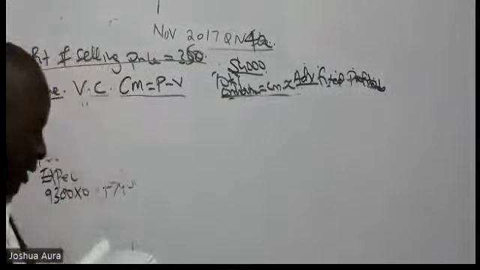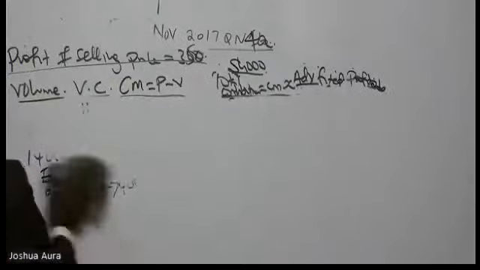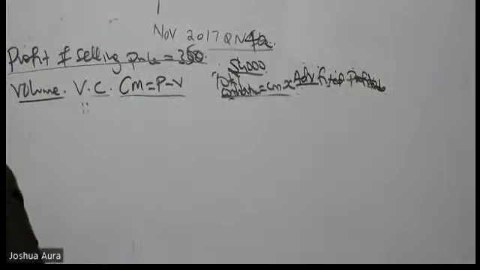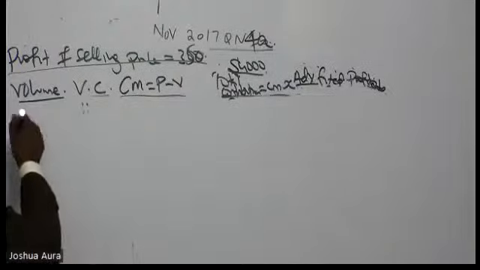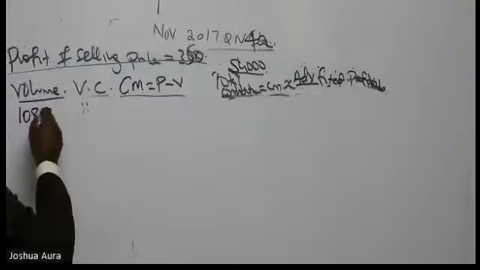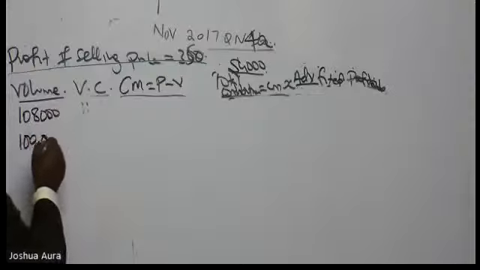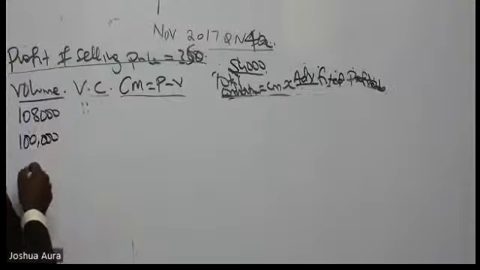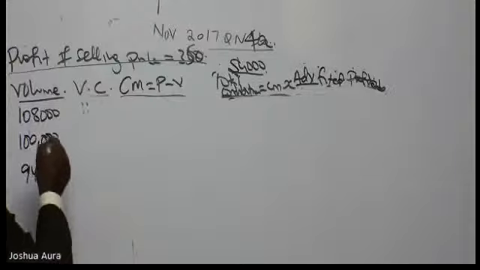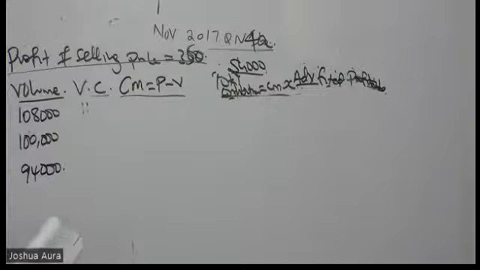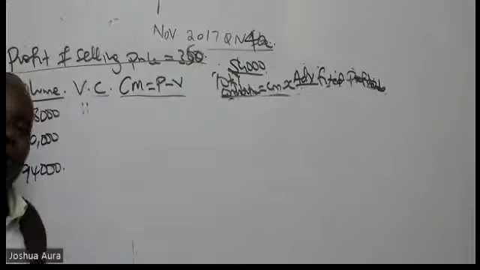So I can see here that we have sales volume. The sales volume, we have 108,000. We have 100,000. Then we have 94,000, like that. Now, remember the concept of variable cost. That variable cost below